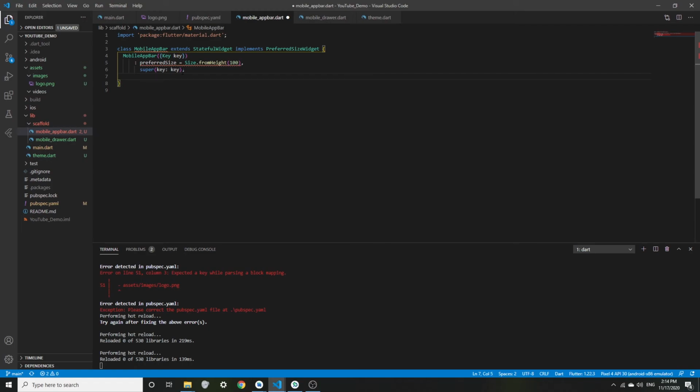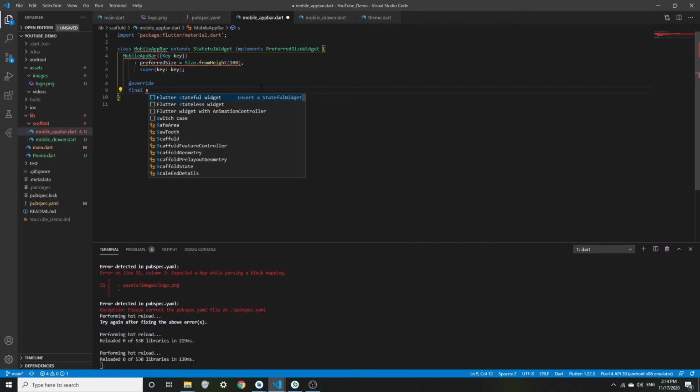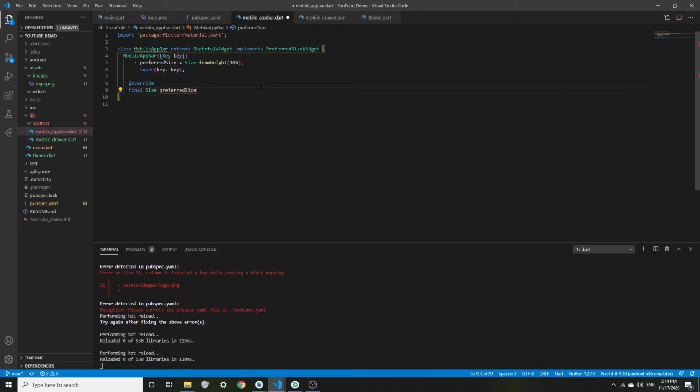And then we're going to override our final size preferred size. Let's fix that, and then we're going to add another override,